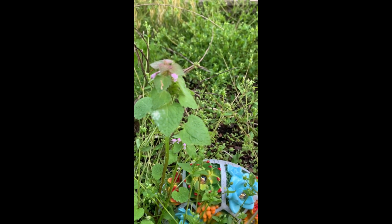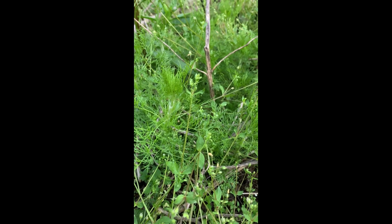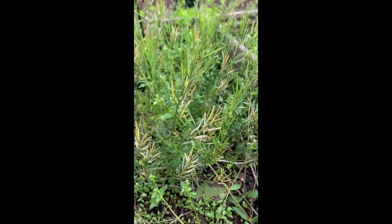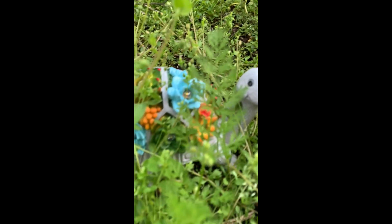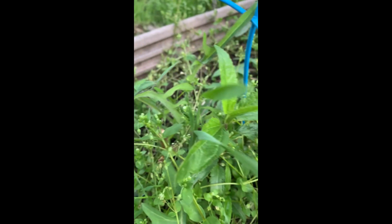Here's some purple dead nettle, another edible and medicinal plant. There is some dog fennel, which is not edible but can be crushed up and used as an insect repellent. Here is some bittercress, which is also edible. In the back corner you can't really see it, but there's some wood sorrel, which I've talked about previously. I even have a little wild carrot growing right here, and this plant looks like a lettuce, which it is in fact a lettuce, but